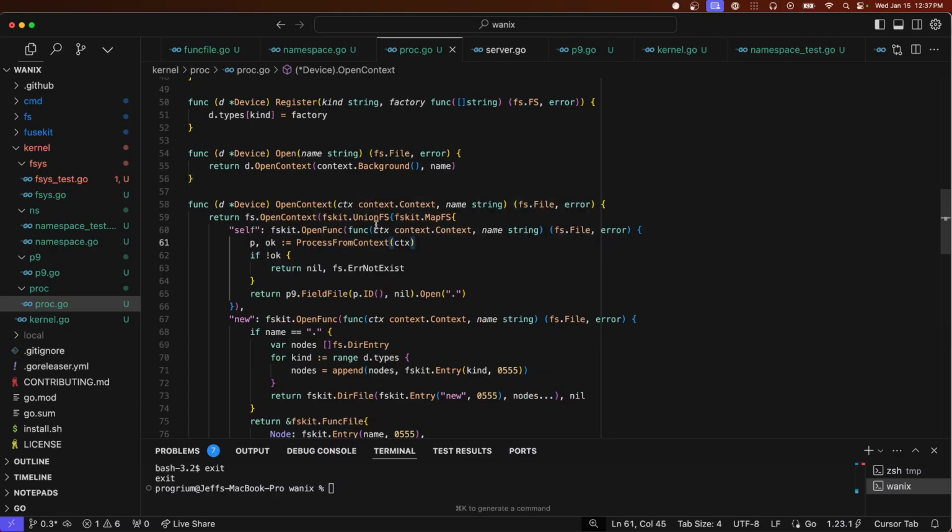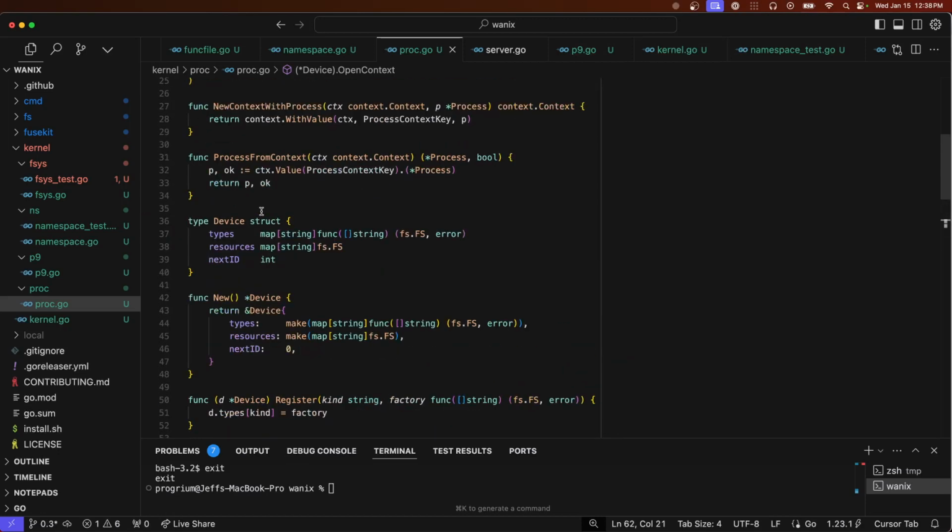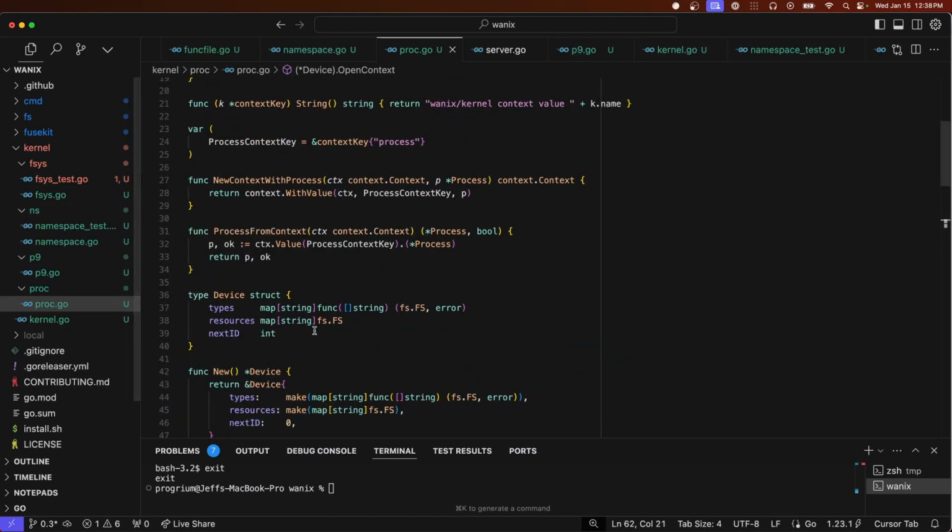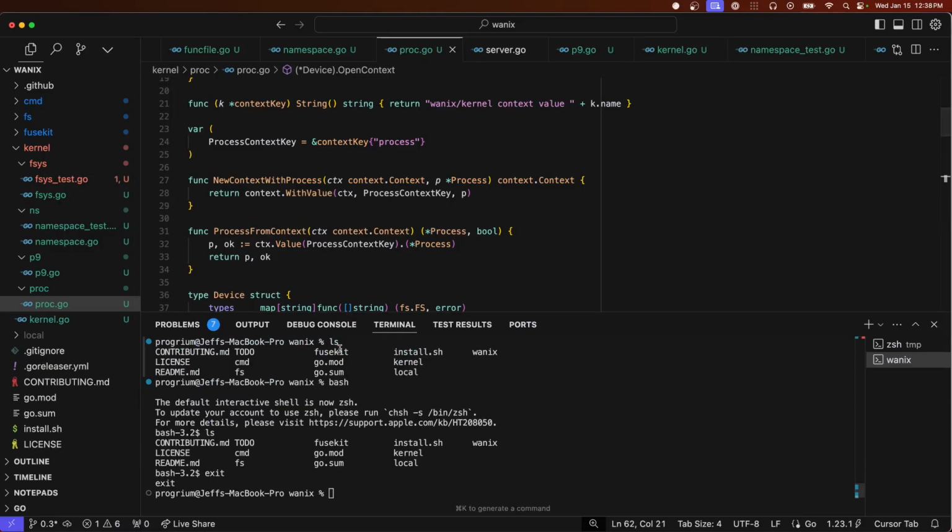Look at the context, get the process out of it, and then the ID itself. Now the harder part is creating this context. Because right now we don't have processes. We have, well, we sort of do. We have a process